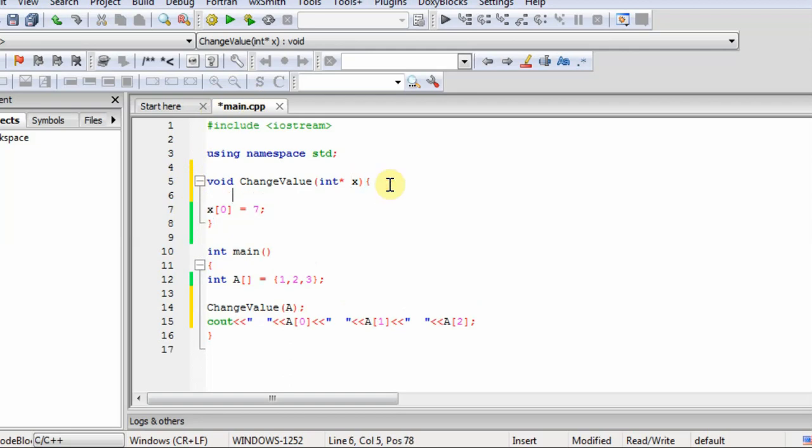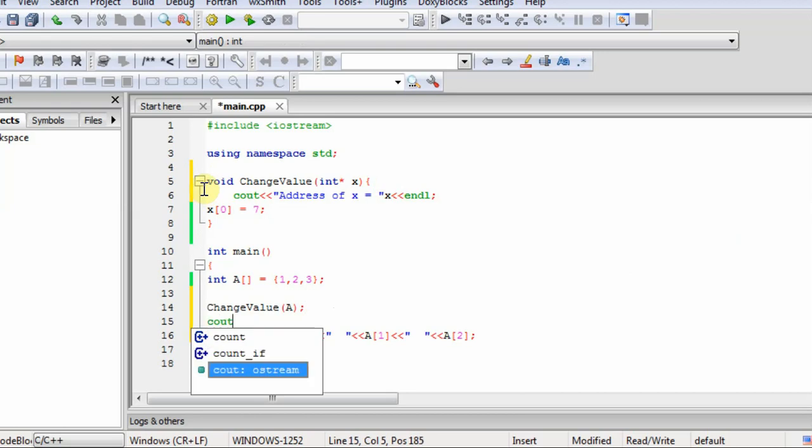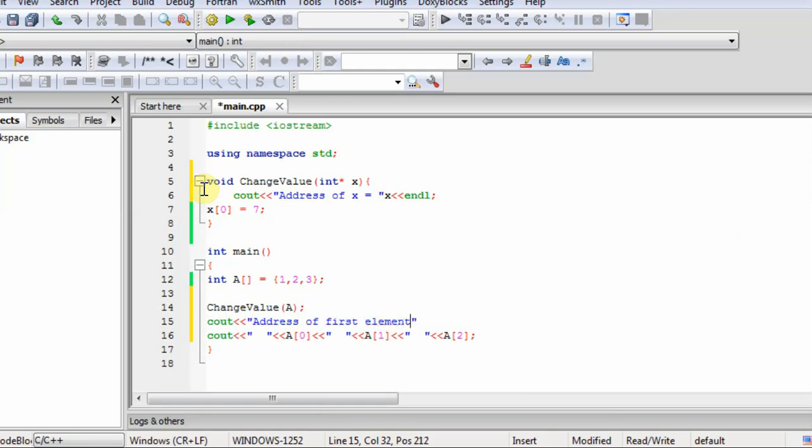Like if I also print here the address, and also print here the address of the first element of the array.